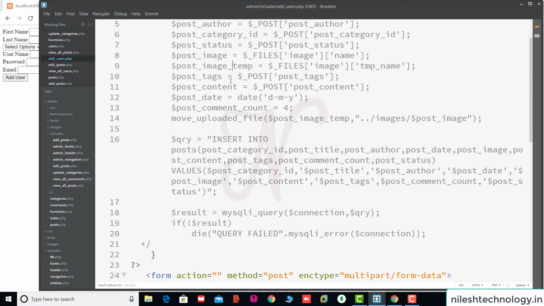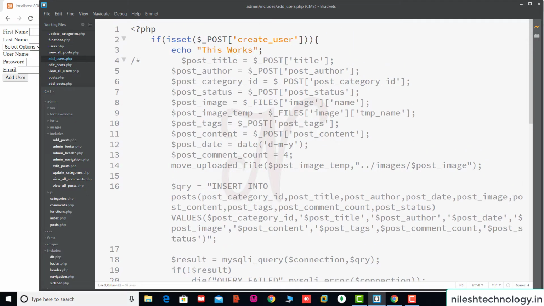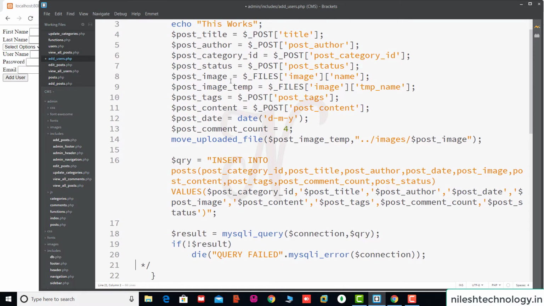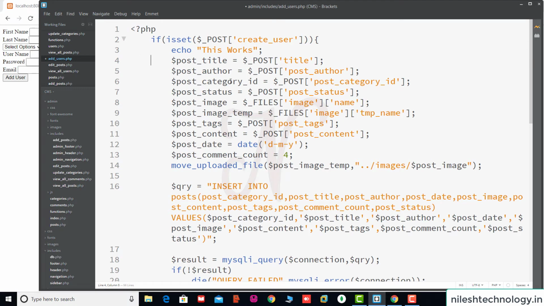In this one we change the variable names, one by one, and we also change the query. Instead of post, we use user.